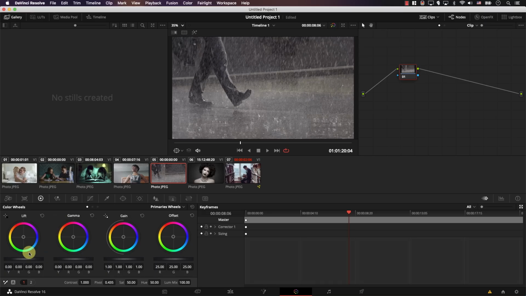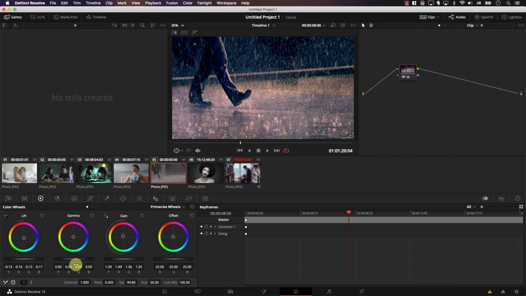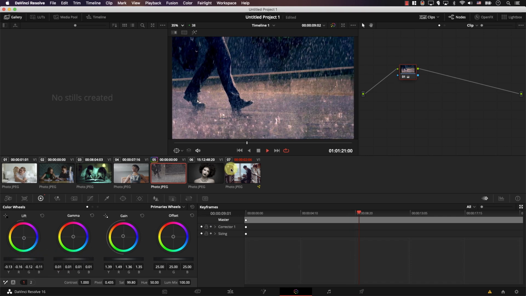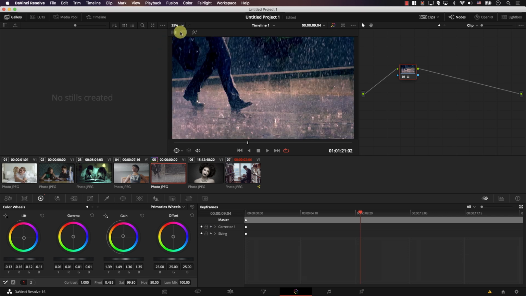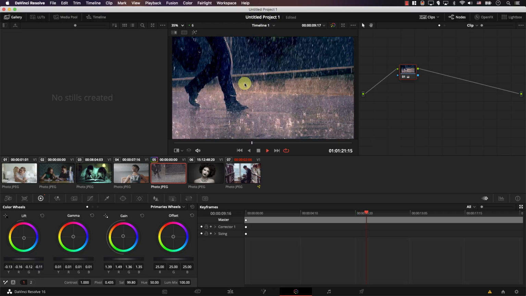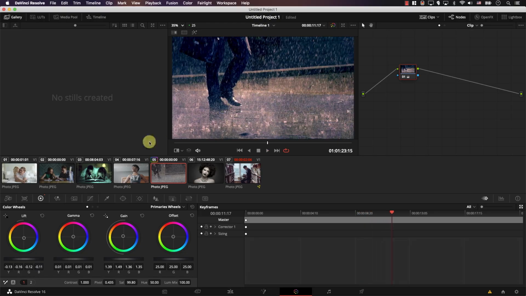Or you might want to perform color grading. Color grading is simply changing the colors of your footage in a way that doesn't reflect real life, but it adds to the story. For example, when you see horror films, they have very dark bluish colors, or comedies, they have bright colors. Certain genres have yellowish tints. So it's about changing the colors in a way that adds to the story.